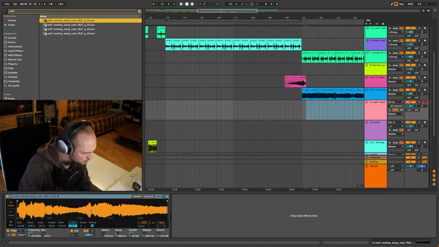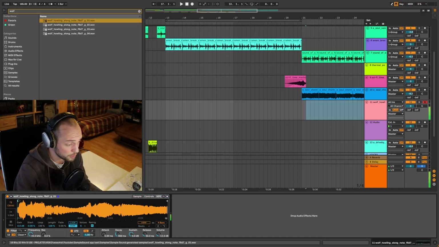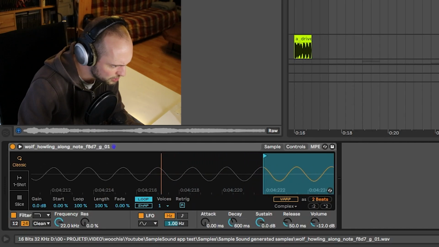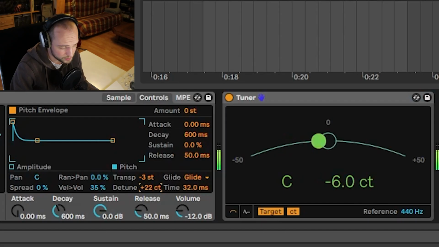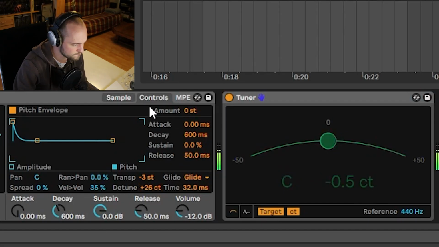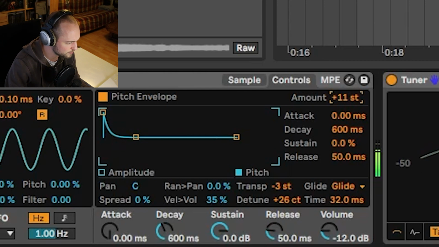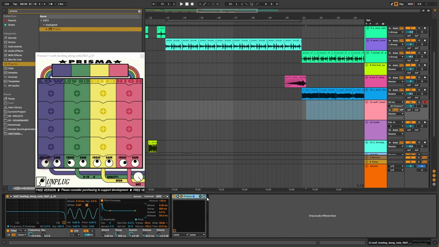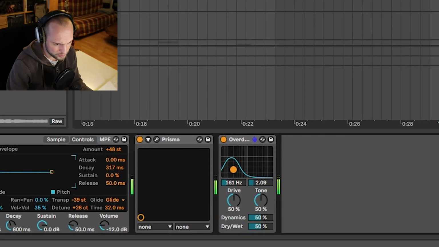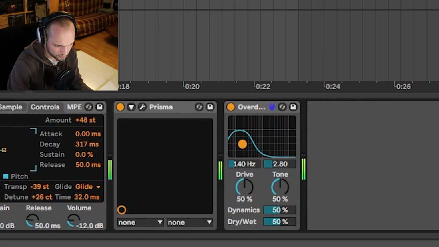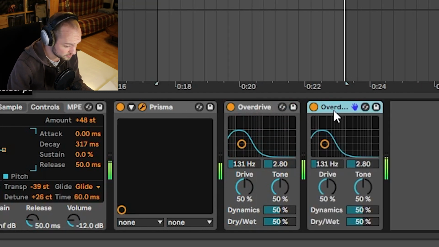So I'll put one in a simpler, and we'll make an 808 out of it. So I'll zoom on it so both points are on the zero crossing, so it looks better. Let's tune it, add a pitch envelope, and play it way lower. Let's add Prisma, excellent free plugin to distort only parts of the sound. With an overdrive, with two overdrives,